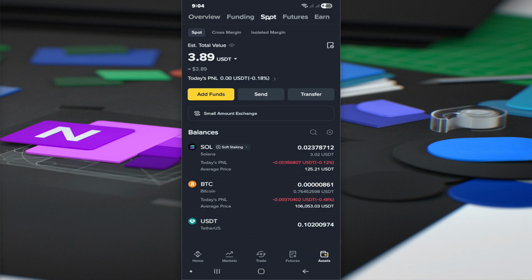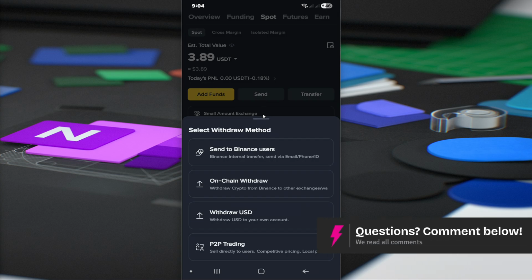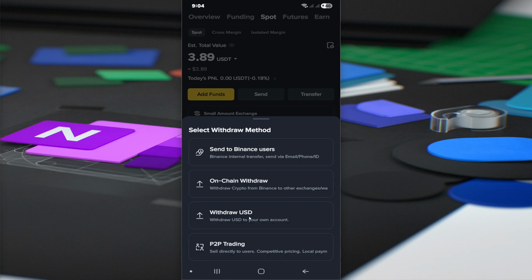And then what you're going to do next is just basically tap on send. Okay. Tap on send right here, and then what you're going to do next is just go ahead and tap on withdraw USD. Or if you want to, you can go ahead and choose P2P trading right here for you to be able to sell it directly to users, and the money will be sent out directly to your bank